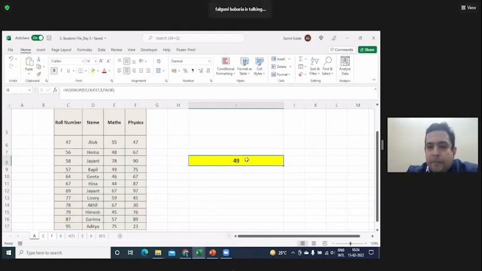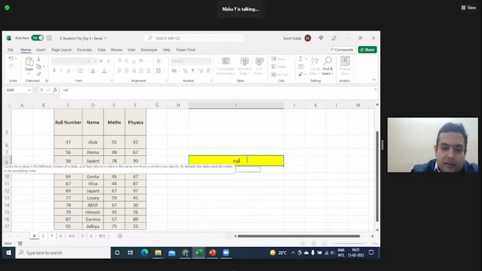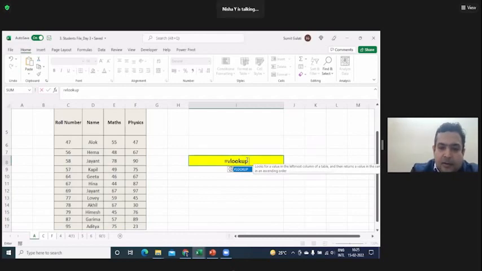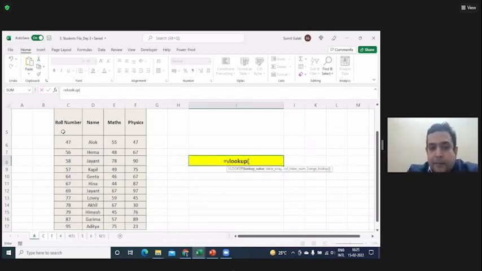Sir, if you could repeat, please. I'll repeat. When you said third, this is basically the third column, right, in this array. So if there are multiple columns, it doesn't matter which cell we are in. Suppose my column starts from cell E, and my data is in cell I, but it's still the second column. I have to write only the second column, right? Yes. You have to start counting from wherever you are looking up.